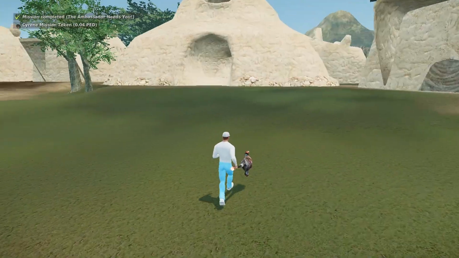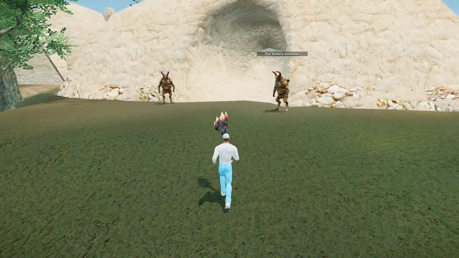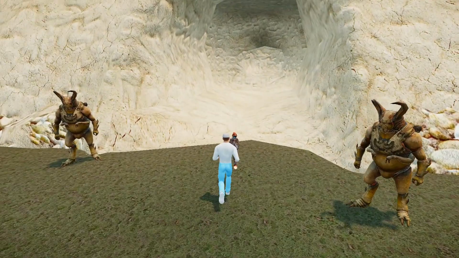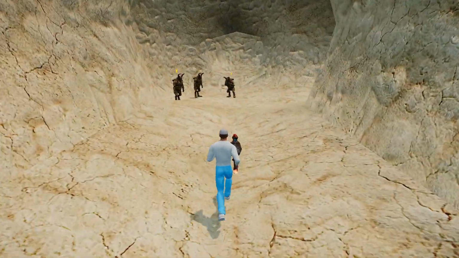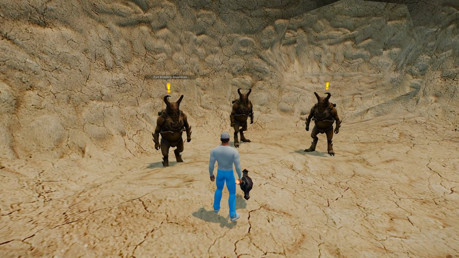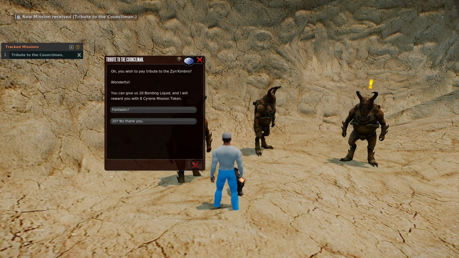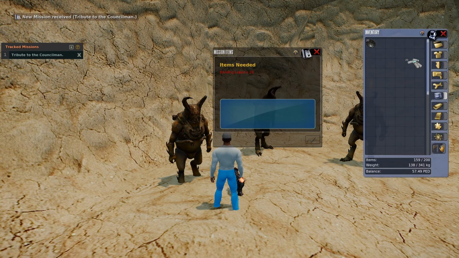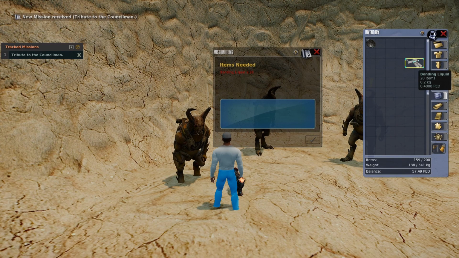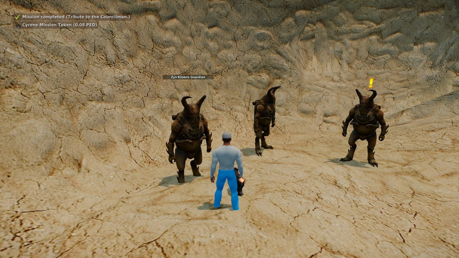And then we just need to run into this sort of Zen outpost here. And this is where the 48-hour turn-ins occur. And so just keep this in mind. You're up to 21 or up to 20 now, but we're going to turn in to these Zen Guardians, the Zen Kimbo Guardians. And this one would like actually some bonding liquid. And so we're going to give them 20 bonding liquid. And that's going to get us 8 Cyrene Mission Tokens, which is huge, but you can only do it every